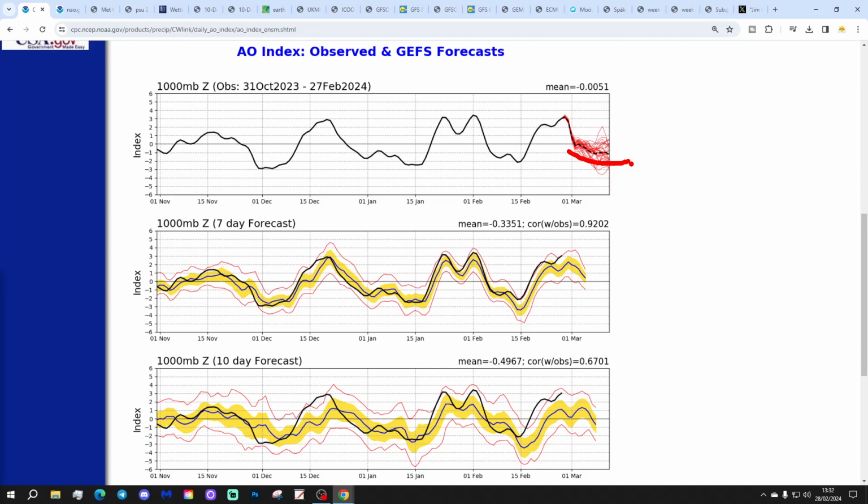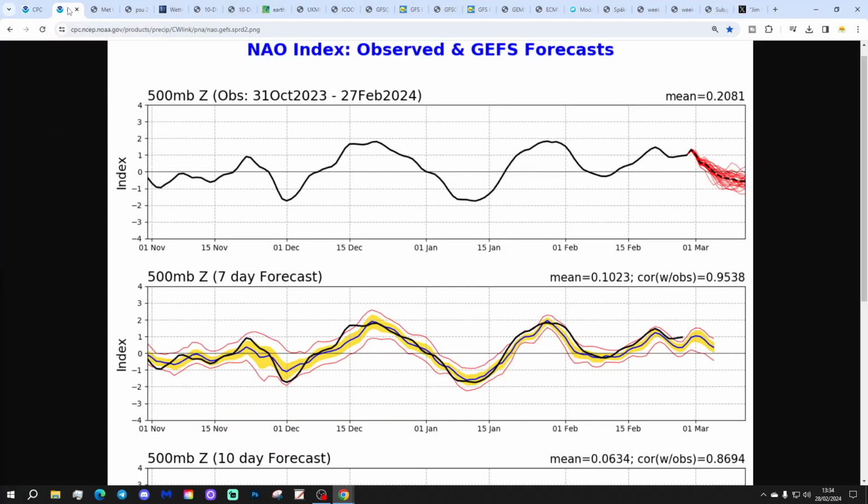So remember, it's always the weather that drives the index. If the AO goes negative, that's happening because the blocking signal is increasing. The blocking signal is what we're expecting to see increase after the SSW. But you can never 100% say one thing is leading to another thing in the weather. It possibly could be, but the blocking signal would have increased anyway without the expected SSW. But like I say, the blocking signal is increasing there through March, and we could be seeing signs of some northern blocking appearing.